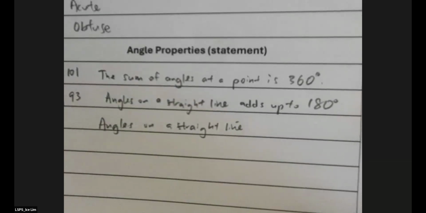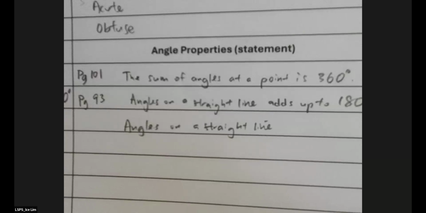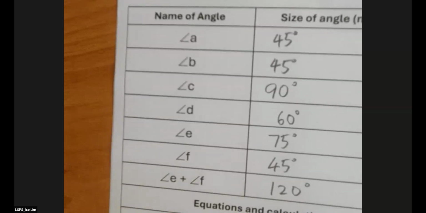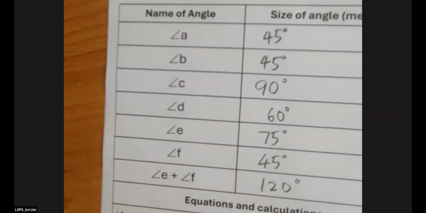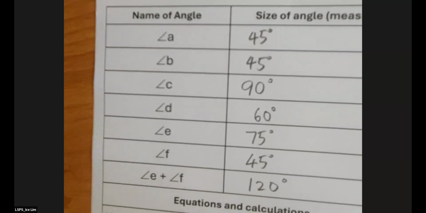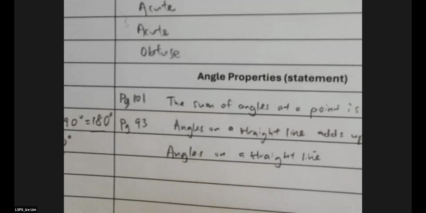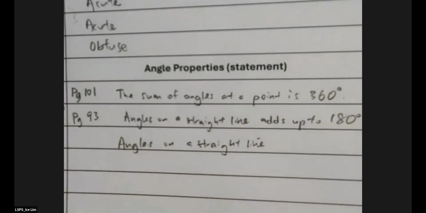Can you understand what I'm saying? Now, which angle is a quarter? Which angle here is a quarter? C. 90 degrees. 360 divided by 4. Then what is the 45 degrees? How much of a pizza is that? Half of 90. So how much of the pizza is 45 degrees? Half of a quarter is 1/8. Very good. Good answer. Okay. So basically 360 divided by 8. Can you think about how you connect all the properties together? Alright. Now, with that,